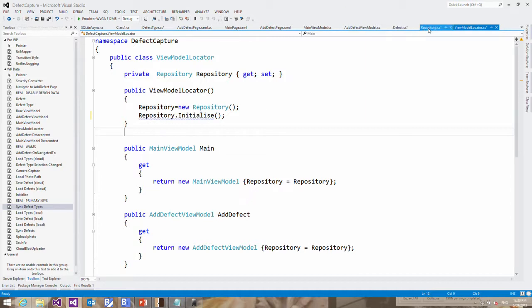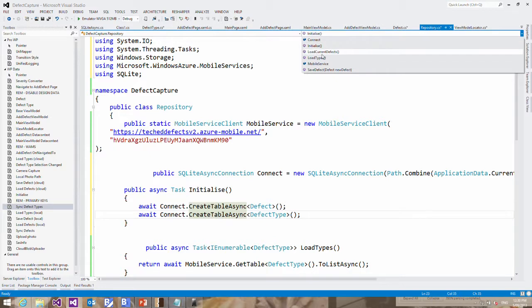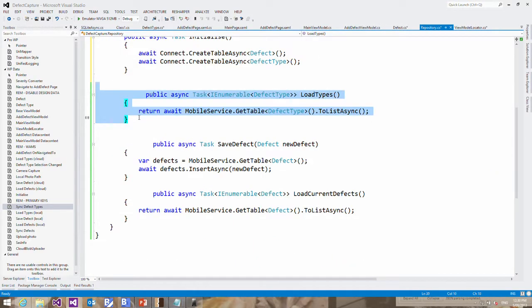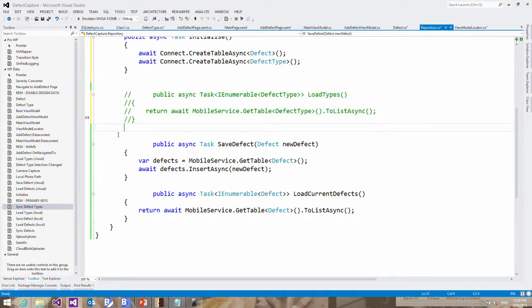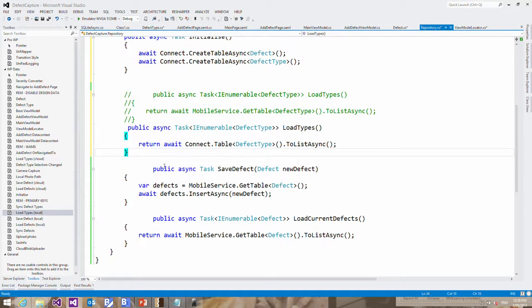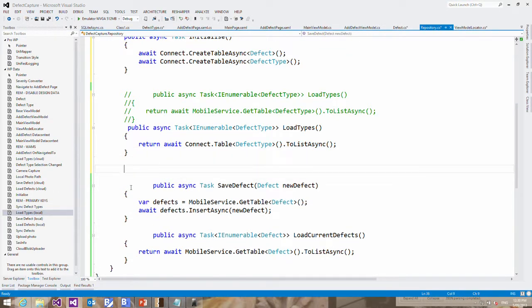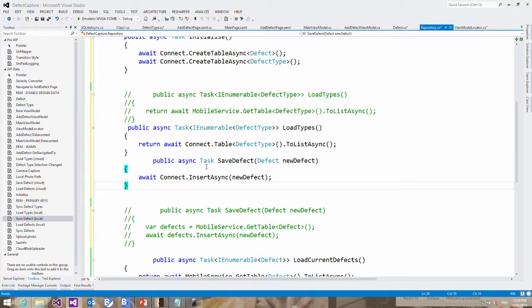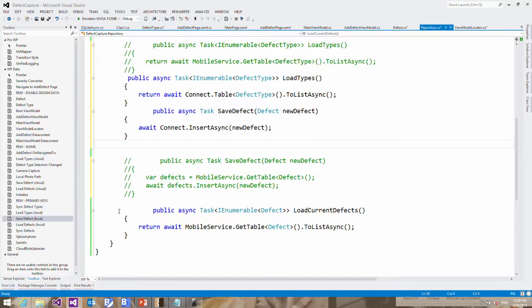Okay, so back to my repository, back to my load methods, so load types. Let me just comment that out. Load types. We'll do the same with my save defect. So we'll actually call save defects, and this time we're just doing a local insert. And we'll do the load current defects as well. So comment that out,